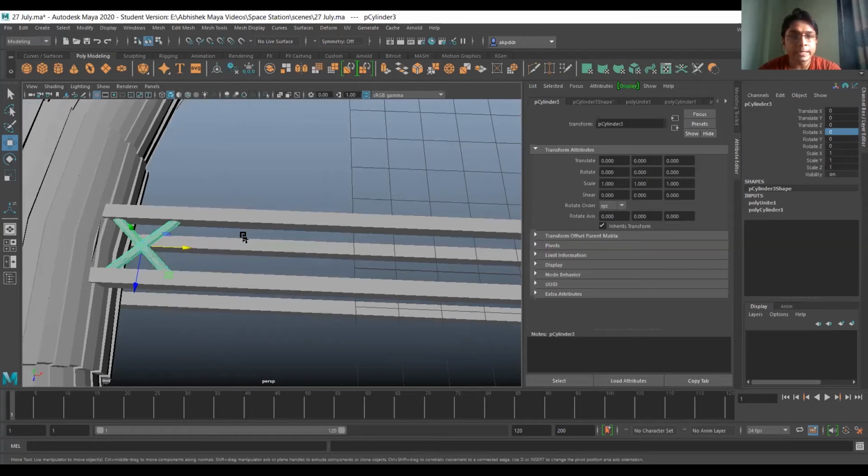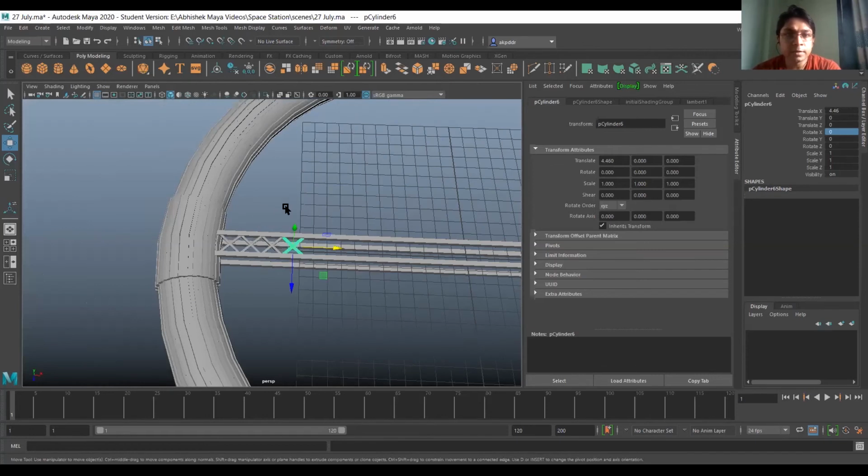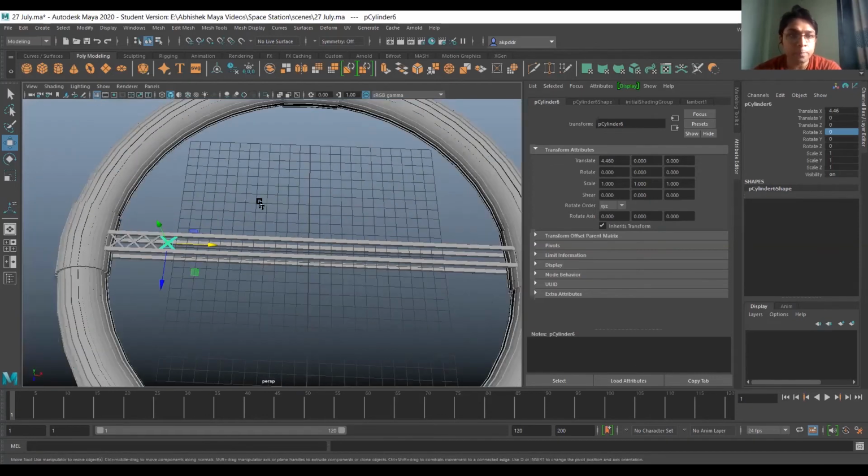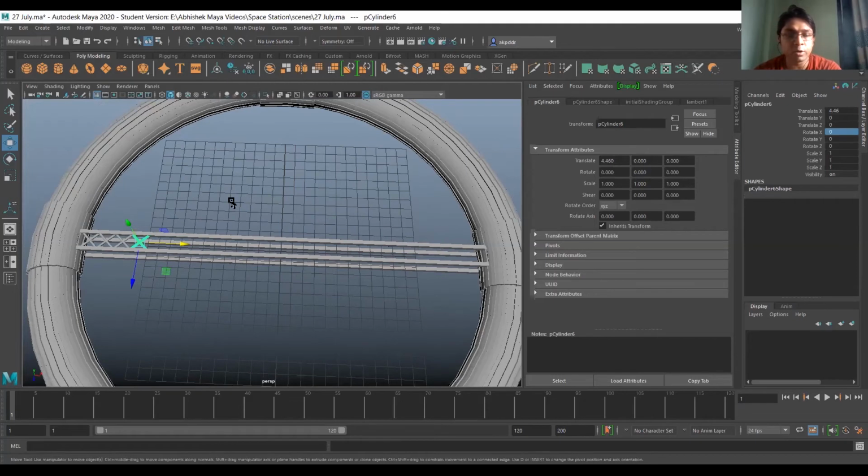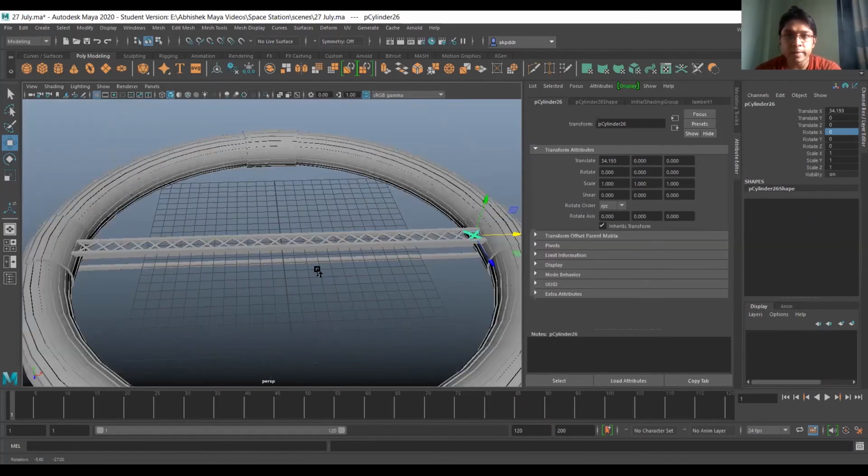I'm going to duplicate this object, Control D, and I will move it towards my right hand side and place it this way. I haven't done anything else, just moved it to the right and placed it. Just after that, start pressing Shift D. Shift D will make multiple copies with the translation value you have given. So I'll keep on pressing Shift D. That's it. I have reached my other end.